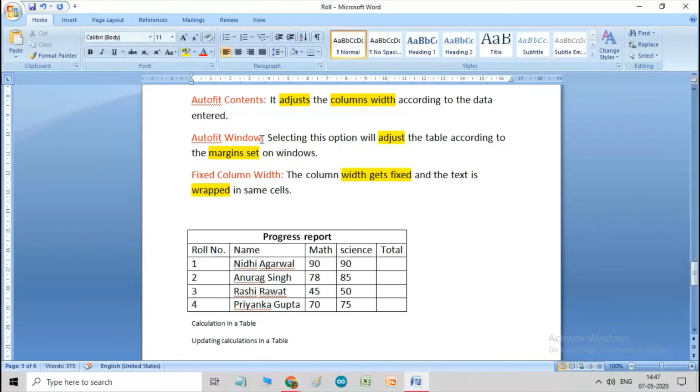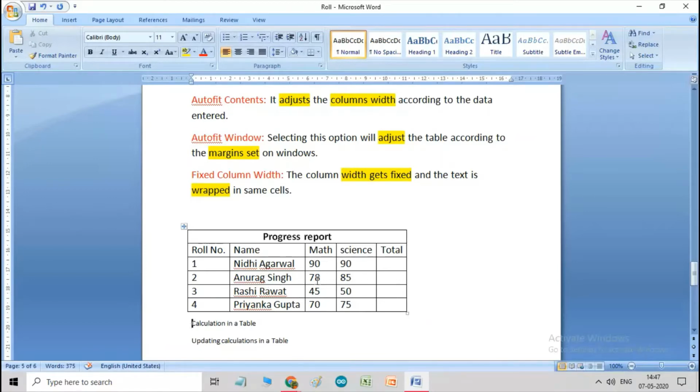Now auto fit window. What is auto fit window? Selecting this option will adjust the table according to the margins set on windows. So you see, as soon as I have used this auto fit contents, the table size is reduced.